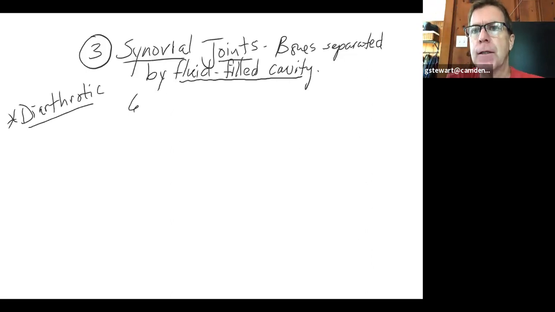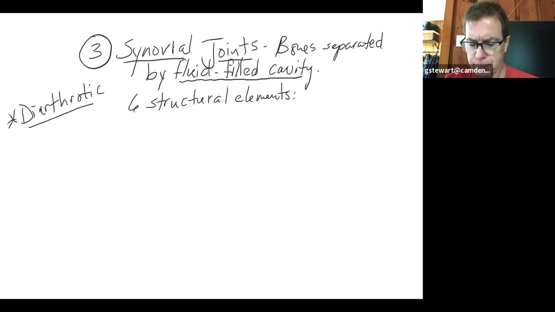So there's basically 6 structural elements to these joints. These are distinguishing features. There is a layer of articular cartilage,